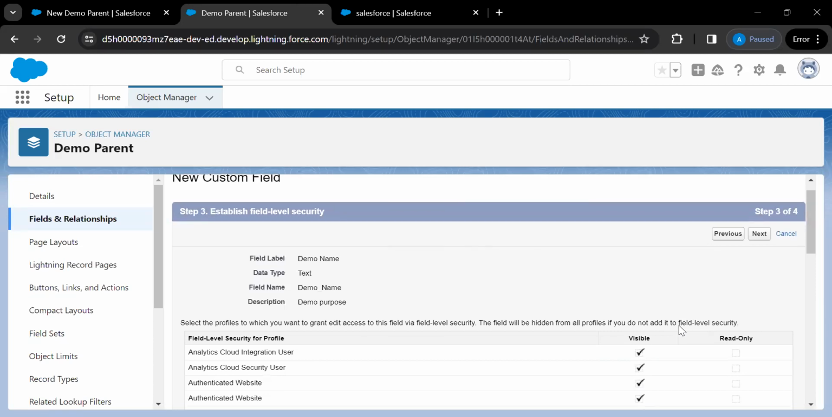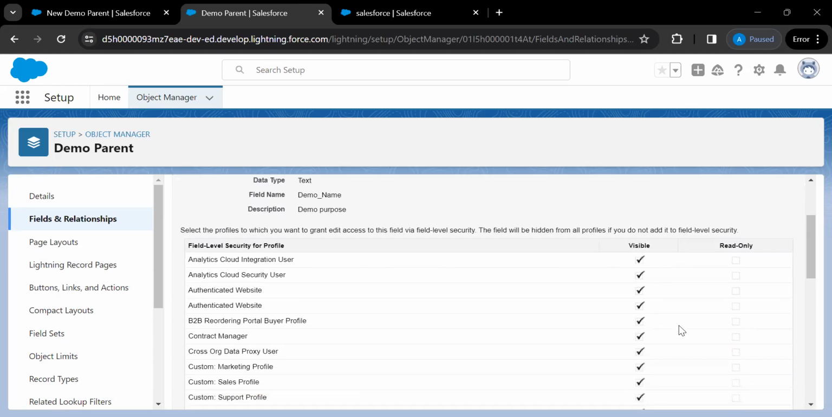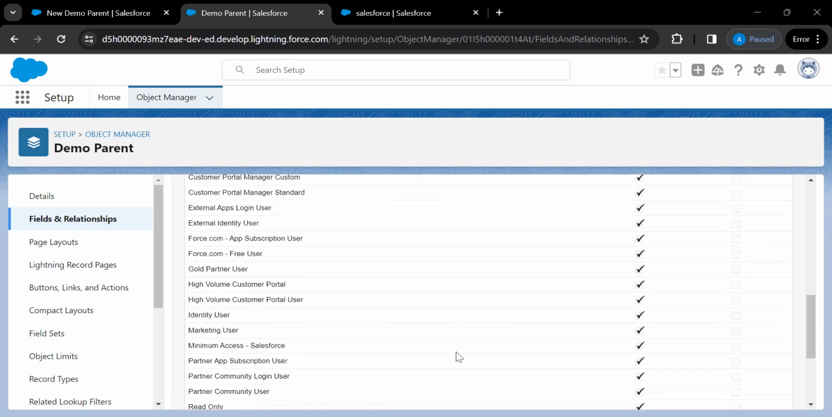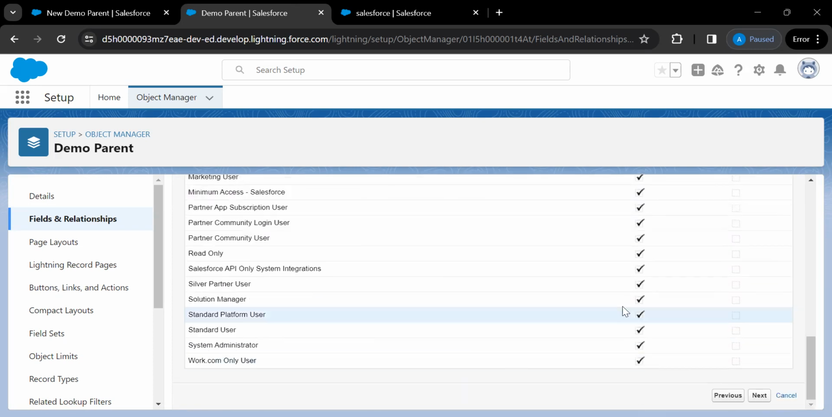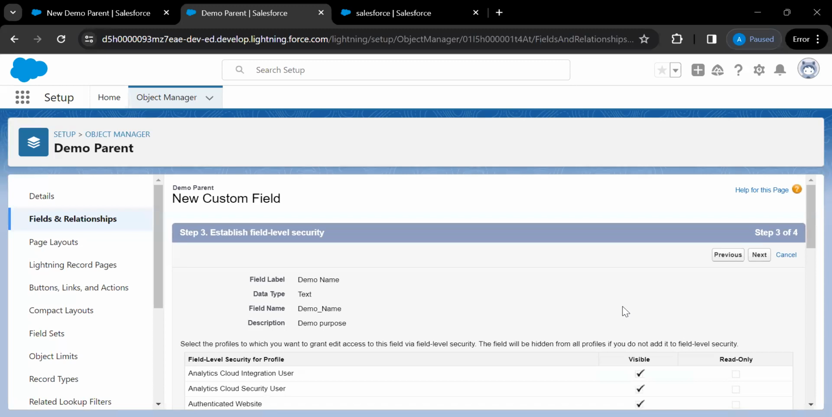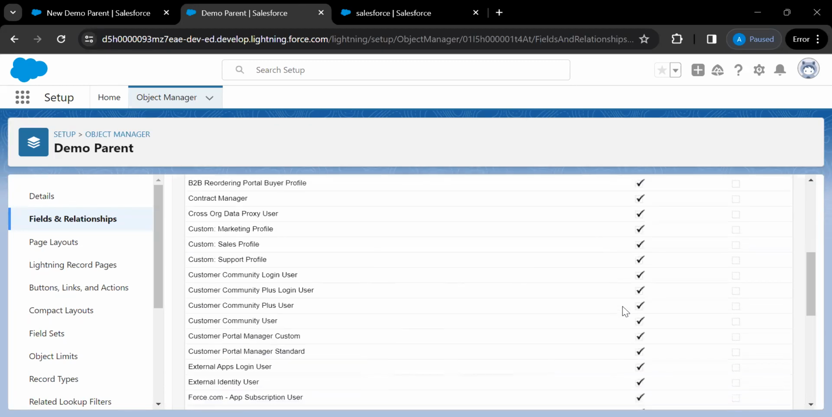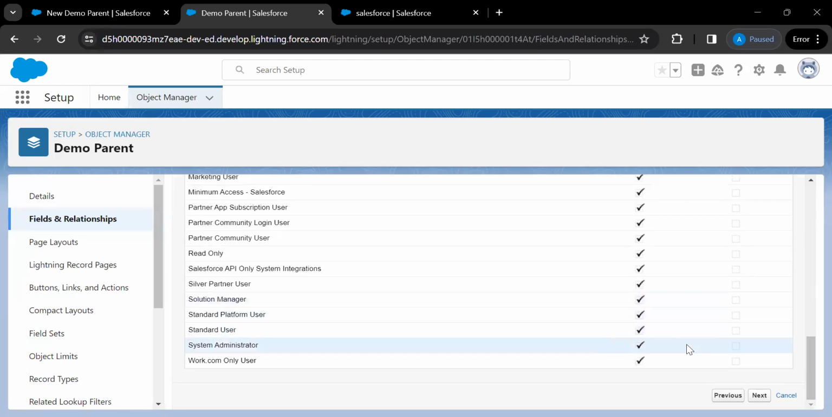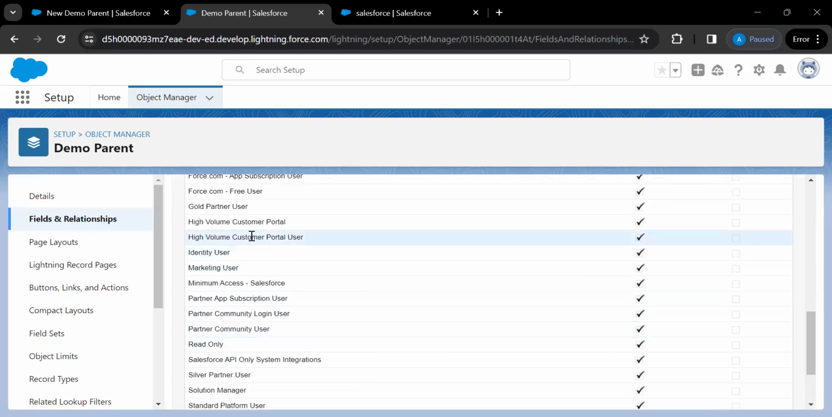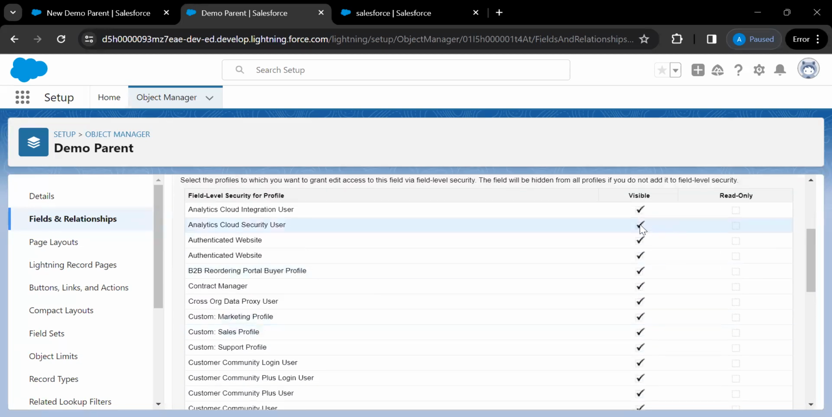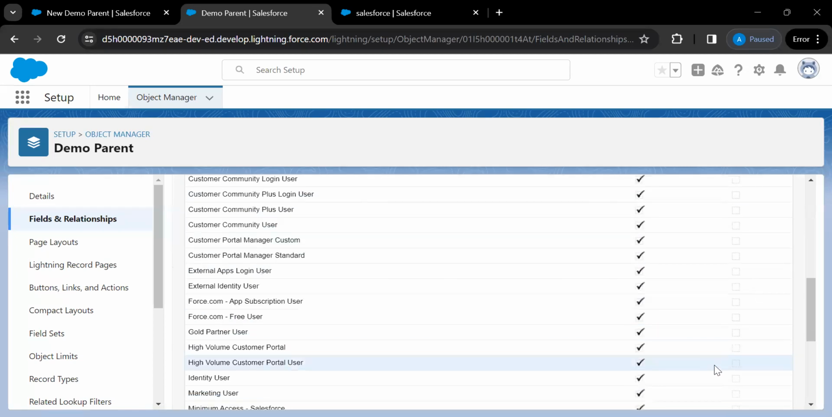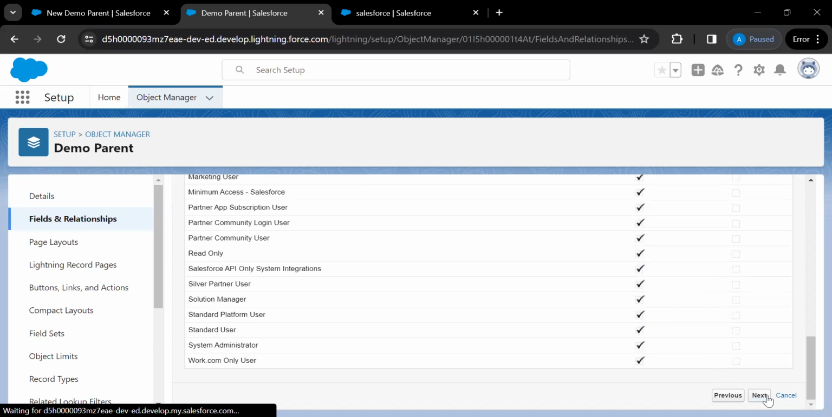Just like the object, this is also asking me, after all the length, label, everything, to select which profile should have access to this particular field. For now I will not bother about the profiles, because we have not covered anything, right? I will be leaving this page as is. These are all the available profiles, and the permission we have set to this particular field. And if I click next,